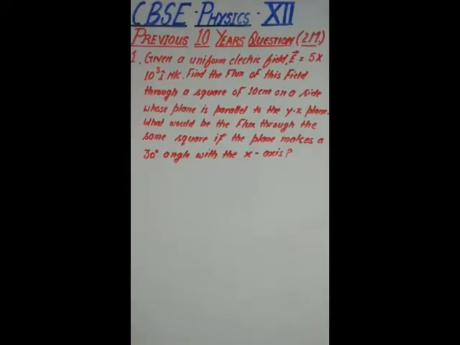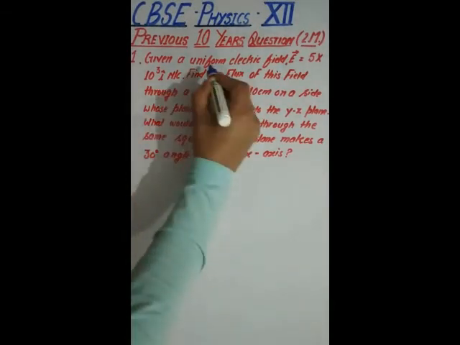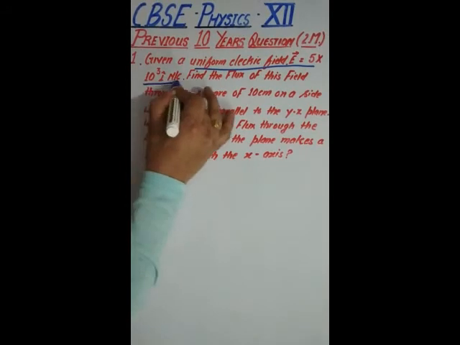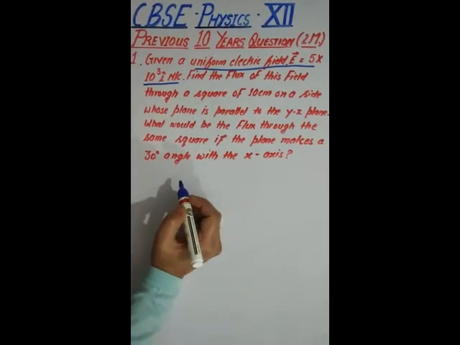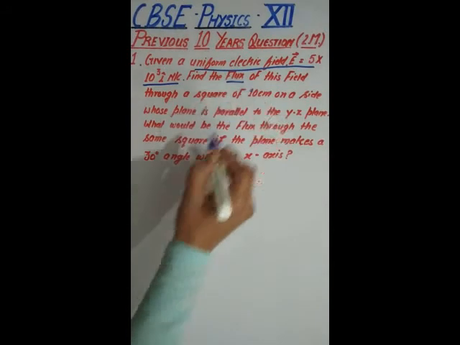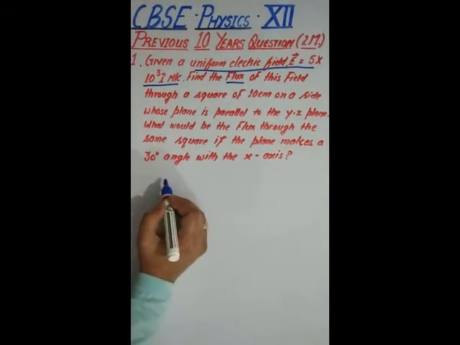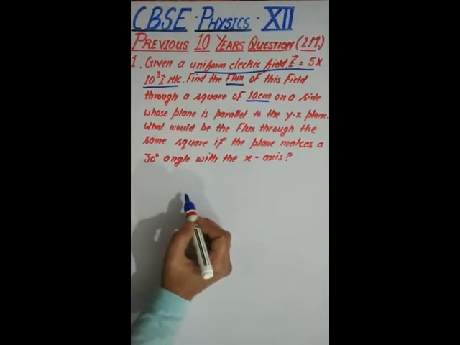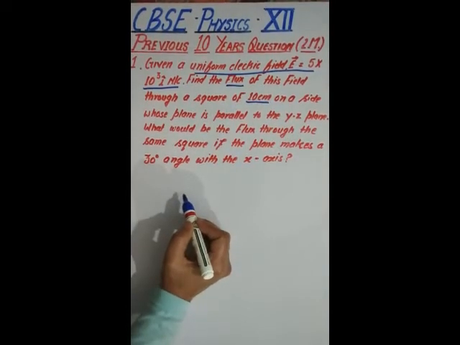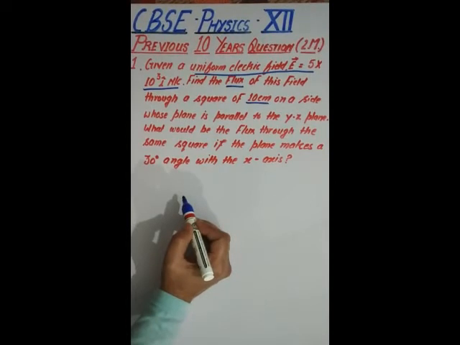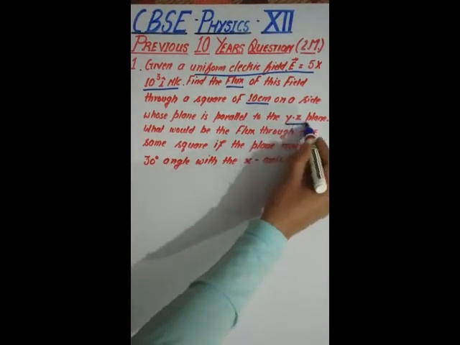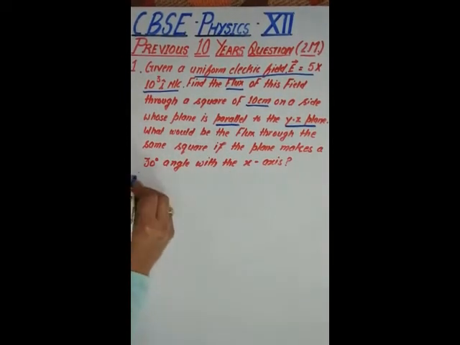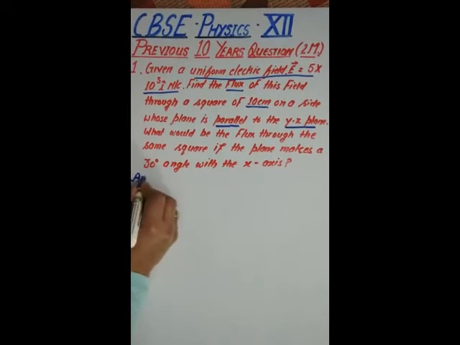Given a uniform electric field, E vector equals 5 into 10 to the power 3 i cap Newton per coulomb. We have to find out the flux of the field through a square of side 10 centimeter, whose plane is parallel to the YZ plane. So, answer: